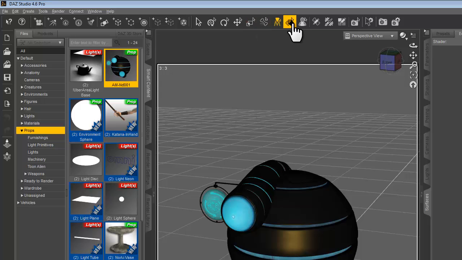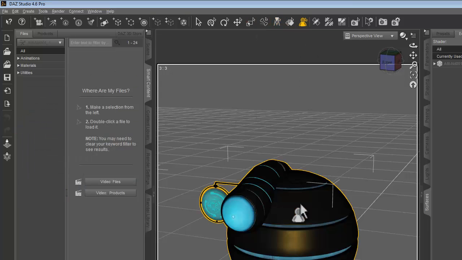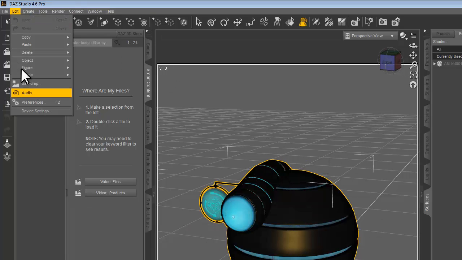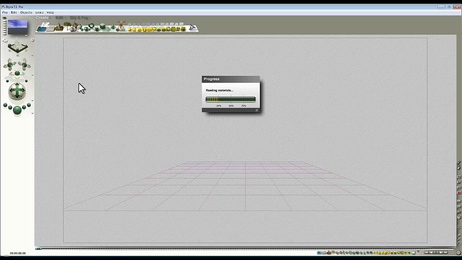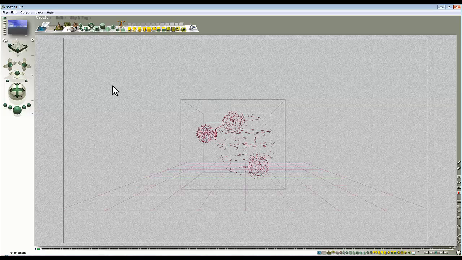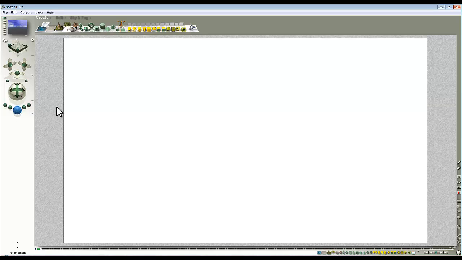There's some tools here, and the one you want to select the object is this little figure, and then you can click on the thing you want to export and it gets this orange outline, and then go File and Send to Bryce. Cross your fingers and it should launch Bryce for you and translate that prop over into Bryce. So it's just doing the material reading now, and then I'll give it a quick render and you can see